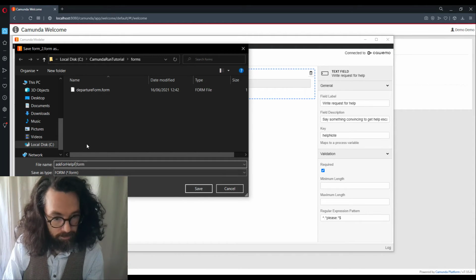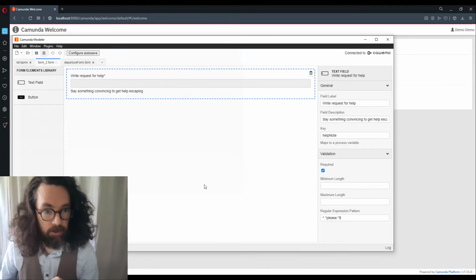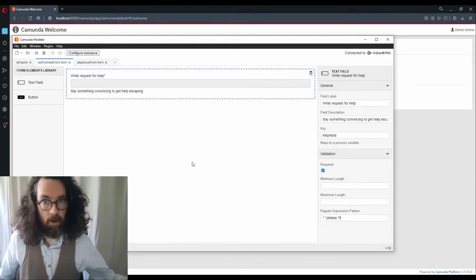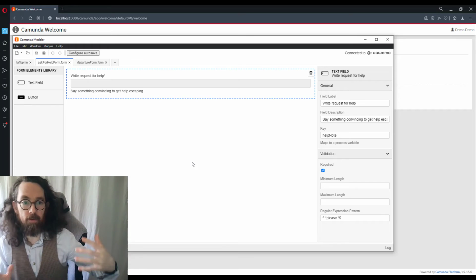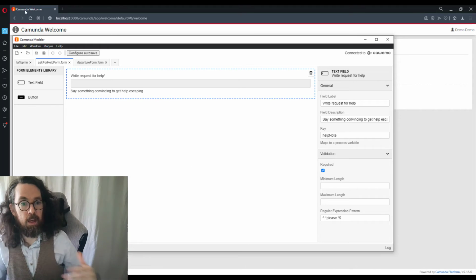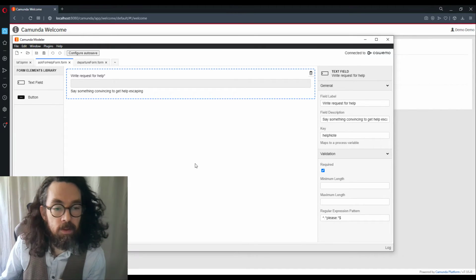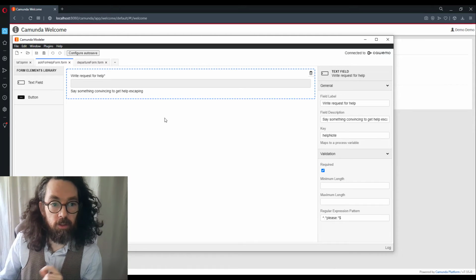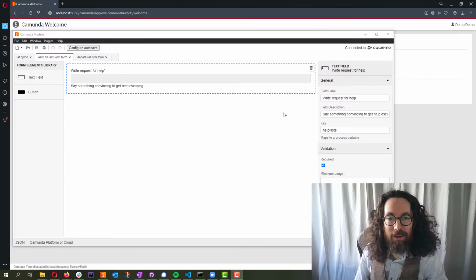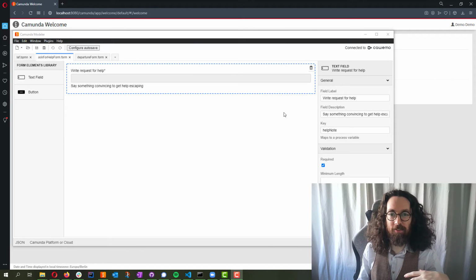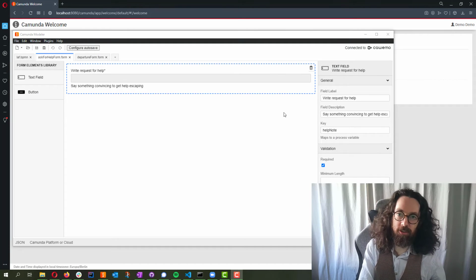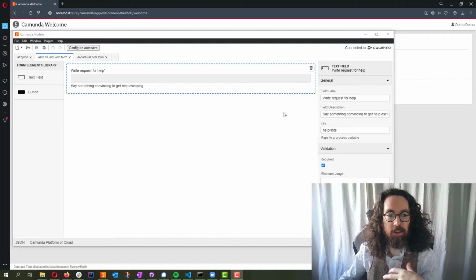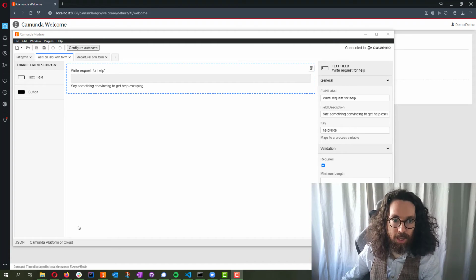Okay, great. And I want to see what values I had in the previous form. Now to do that, I'm going to copy some stuff from the original form to make it a little faster than doing it the other way around. It's really, really common to want to see the variables that were added in the previous user task in the new one. And usually that means rebuilding the form again. We don't need to do that.